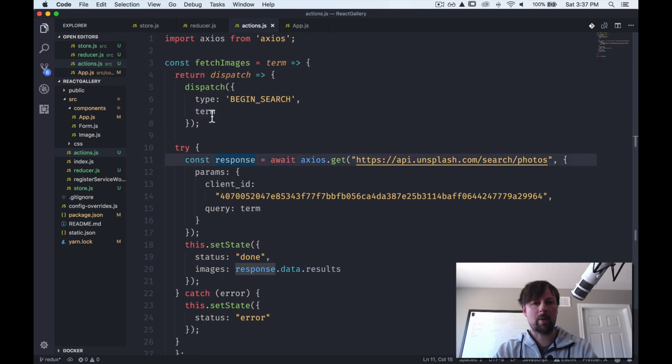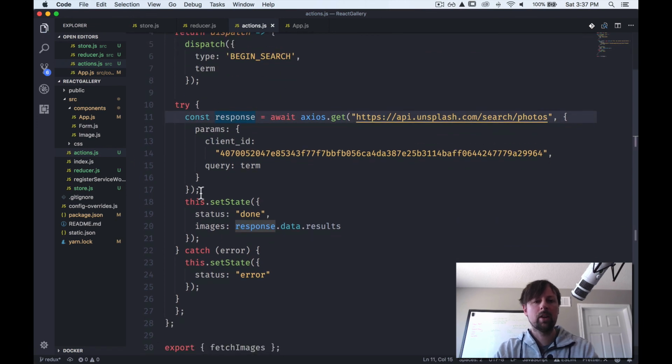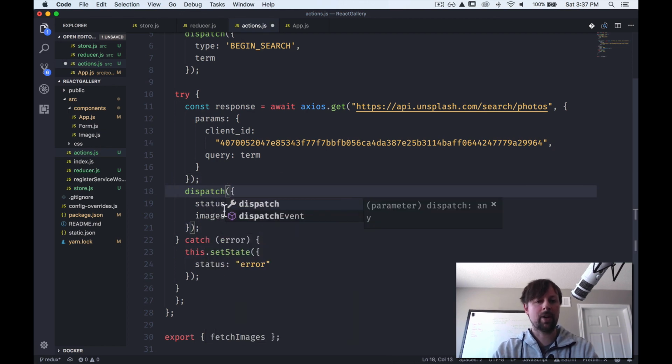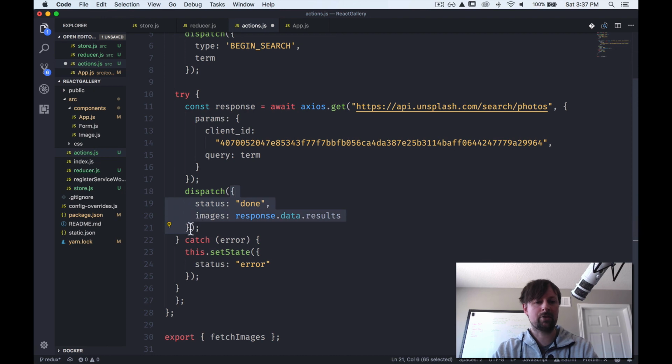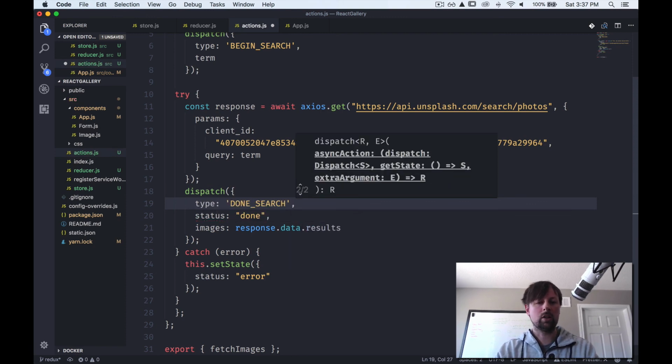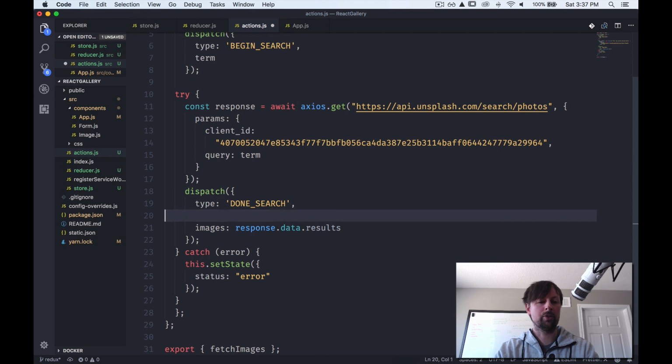So that part's done. So now we've got our try code, which wants to modify the state in 2 places. So again, we replace this with a call to dispatch where we're sending this action object over to our reducer. And here we're going to send a type that's done search along with the images that the reducer needs